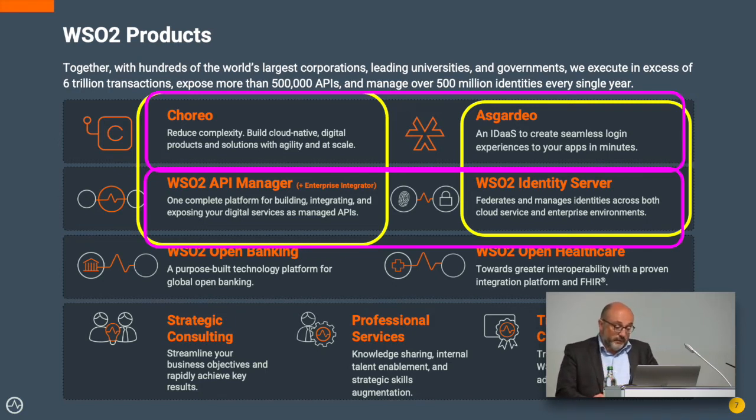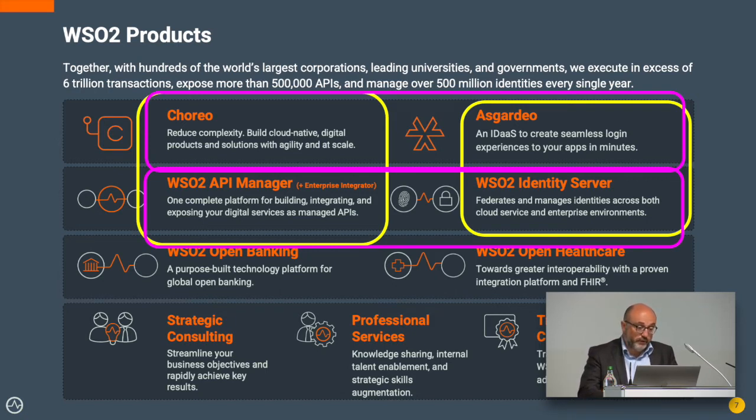And then there is the services part. The services part is both strategic and tactical, I would say. Strategic, we can help companies to build the API strategy, digital strategy. While the professional services are more tactical, more meant to cover specific projects to help you in deploying and developing with our solutions. And last but not least, very important, we have a training program and a certification program that you can embrace to get familiar with our product and start your projects.